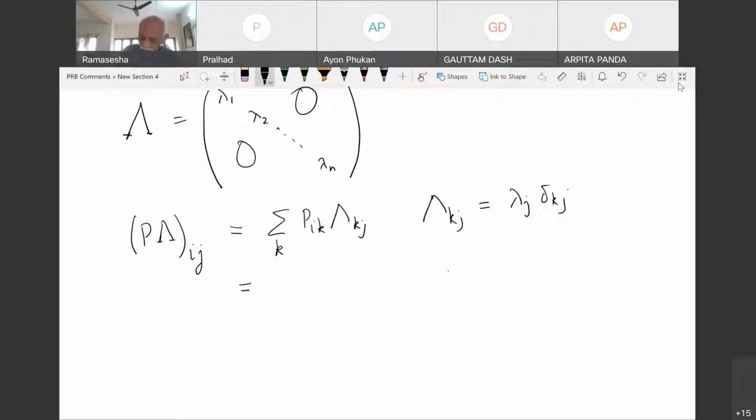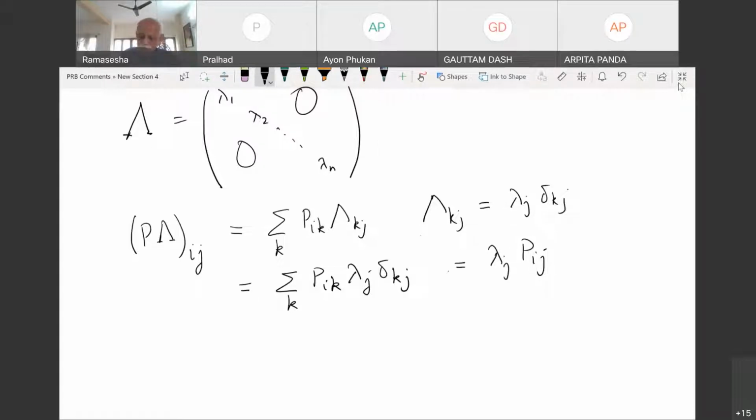Okay. So this is equal to sigma over k, Pik, lambda j, delta kj, right? And what this will give me is just nothing but lambda j, Pij. Okay, right? Any doubt? Because all I have done is I've substituted what I have here, which is lambda kj is equal